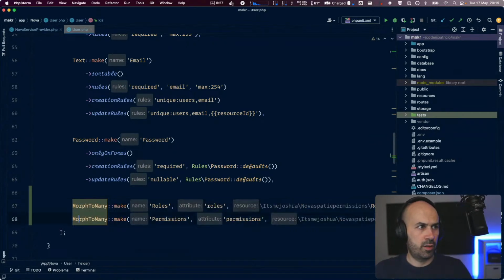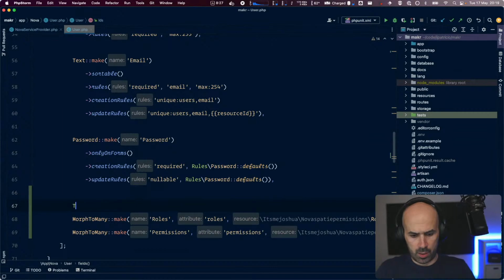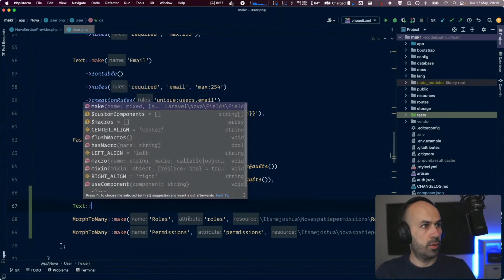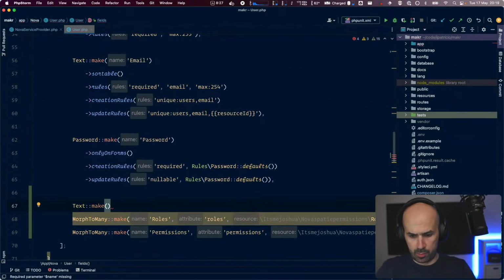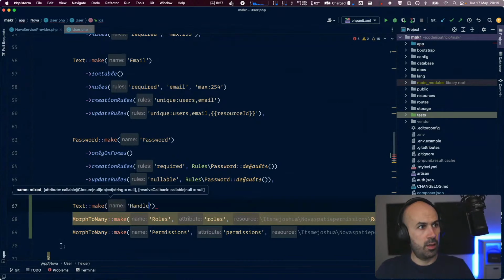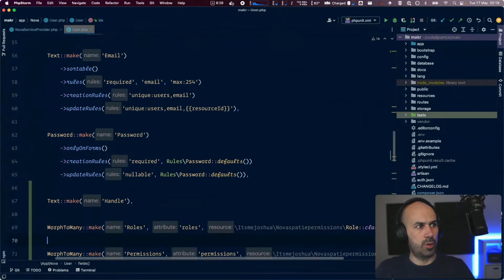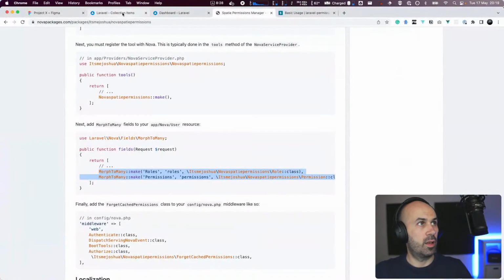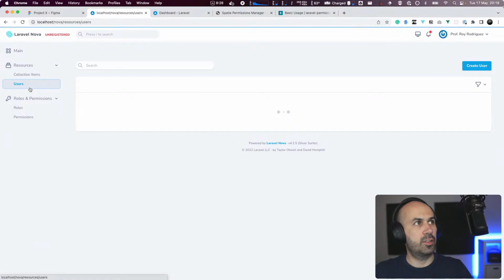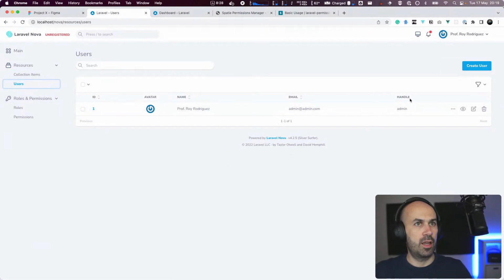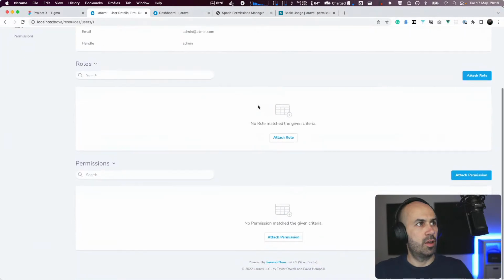So Nova field, yeah, and also let's put the text with handle, and we should be good to go. Let's go back to our application, go to the users page, and sure enough we have the handle, and if we go inside we already have